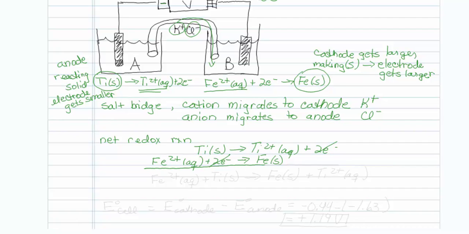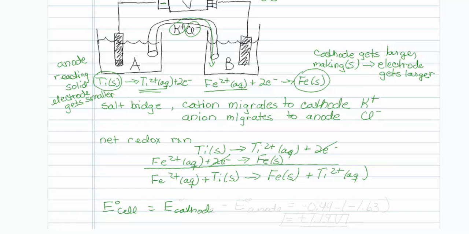Electrons in versus electrons out. So I would write my reaction just like this, where I have Fe2+ aqueous plus titanium solid going to Fe solid plus Ti2+ aqueous. And as far as my E cell at standard state, that would be E cathode